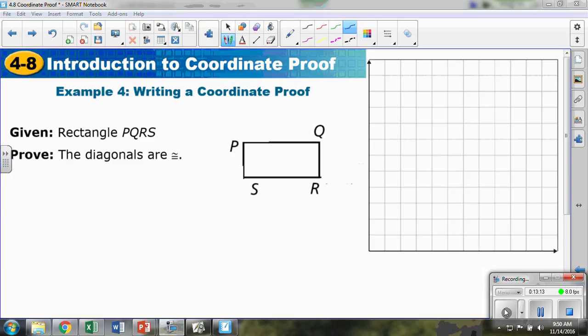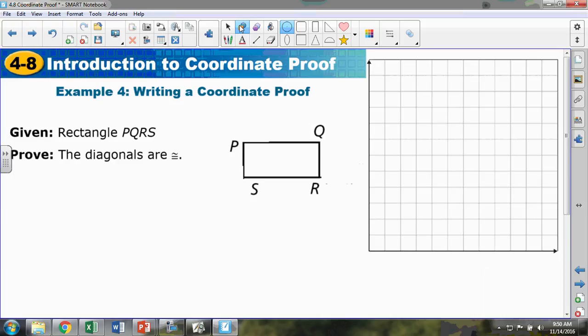Now the last one that we will have is to actually do a proof. And you'll notice the coordinate plane that I have didn't include the second, third, and fourth quadrants like I had before, because for the most part, we want to leave these things in the first quadrant as much as possible. That way we can work with only positive numbers. So here we go. We've got the rectangle PQRS,